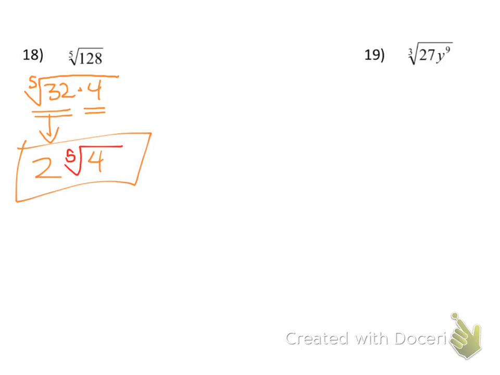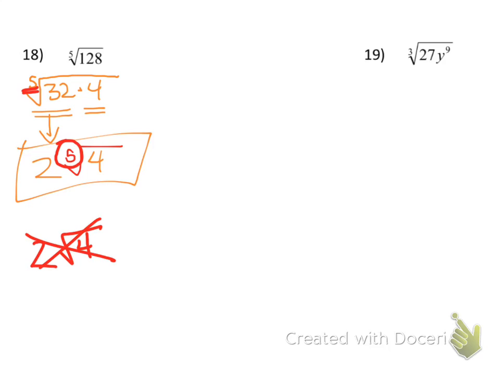One thing I want to bring your attention to, and this is very important, is to always write down what the index is, because we're dealing with a fifth root. If you were to write this answer without that index of 5, well, this means you're trying to find the square root of 4, and this is not going to give even close to the same